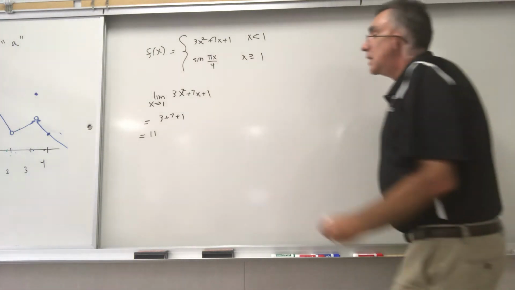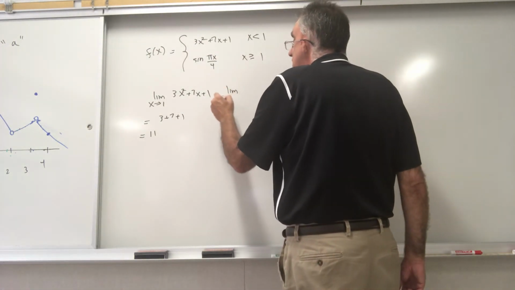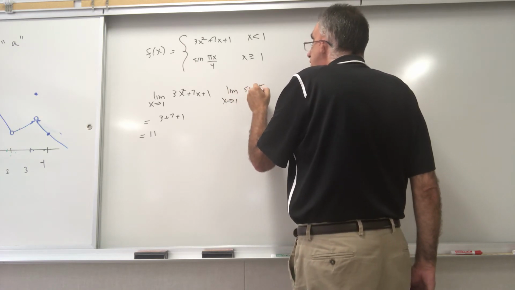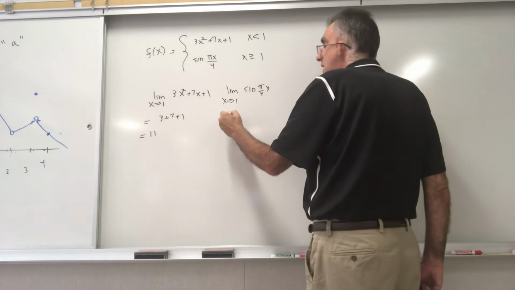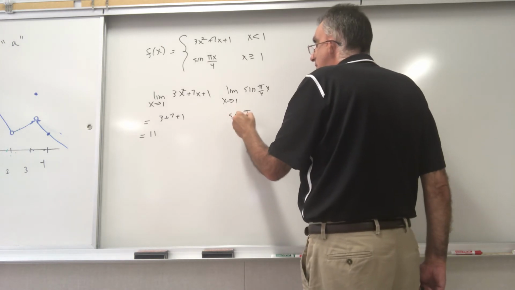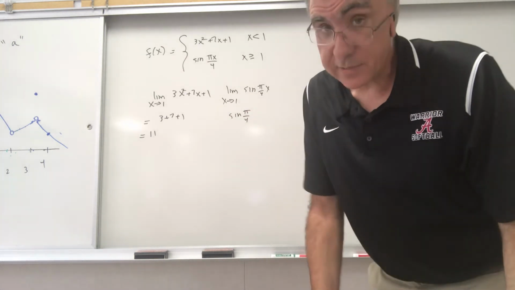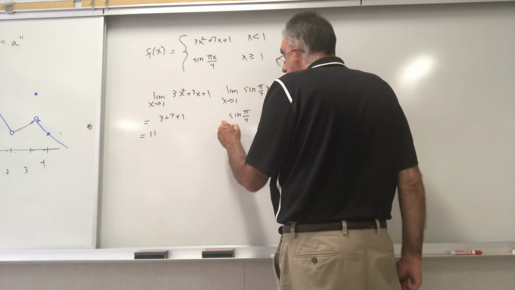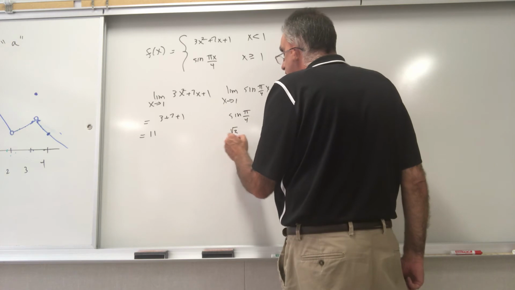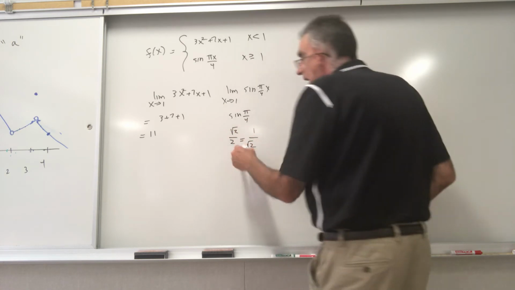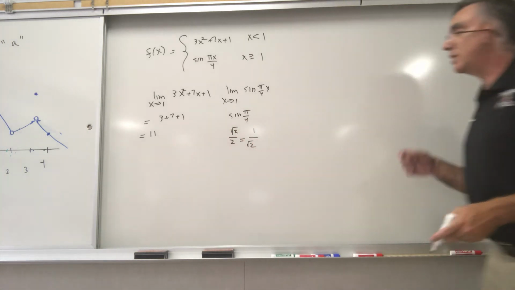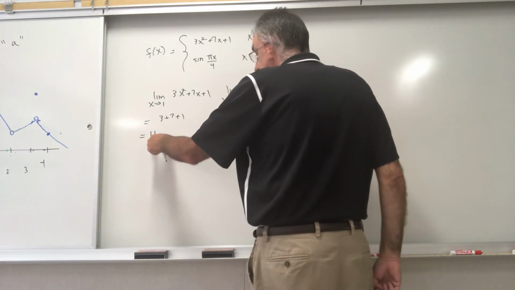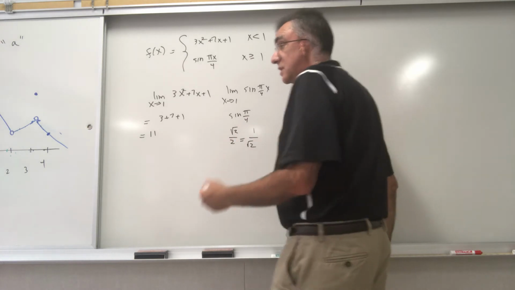Then if I take the limit as x approaches 1 of sine of pi over 4x, and I put 1 in, that's the sine of pi over 4. Now you gotta remember your trig. I know it's kind of sucky, but you gotta remember the sine of pi over 4 is root 2 over 2. You can write it as root 2 over 2 or 1 over root 2. I don't care whether you rationalize or leave it unrationalized. But here's the point. The limit from the left doesn't equal the limit from the right, so the limit